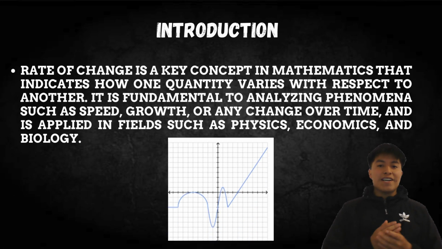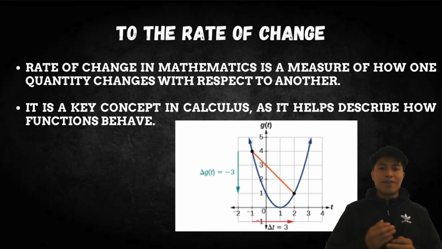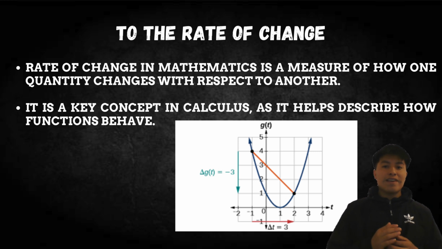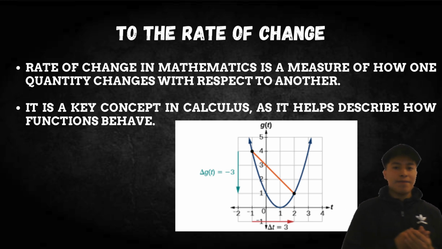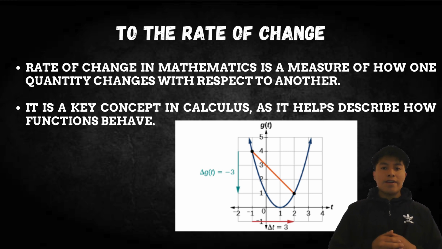The rate of change in mathematics is a measure of how one quantity changes with respect to another. It tells us how the dependent variable changes when the independent variable changes. This concept is fundamental in understanding real-world phenomena that involve change over time, like speed, growth, or the slope of